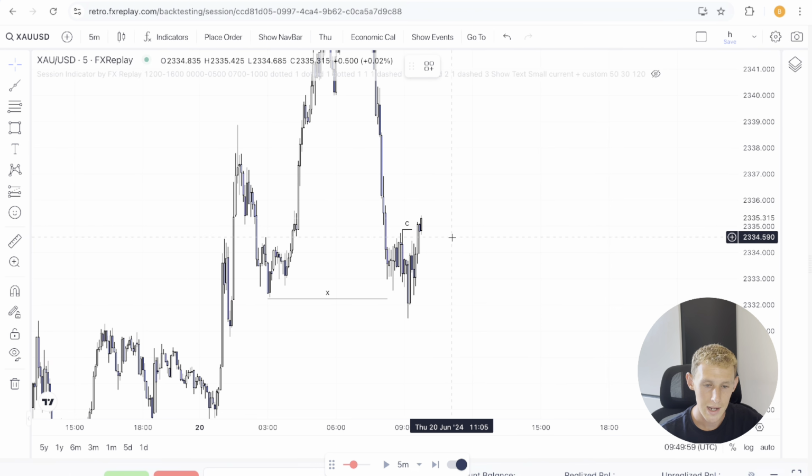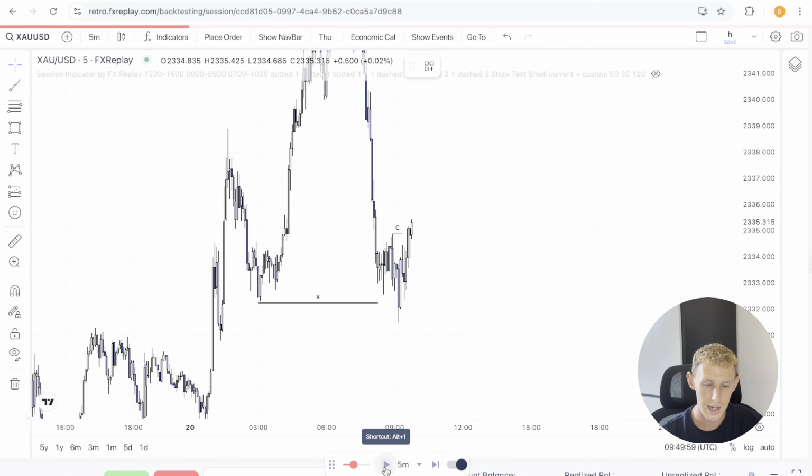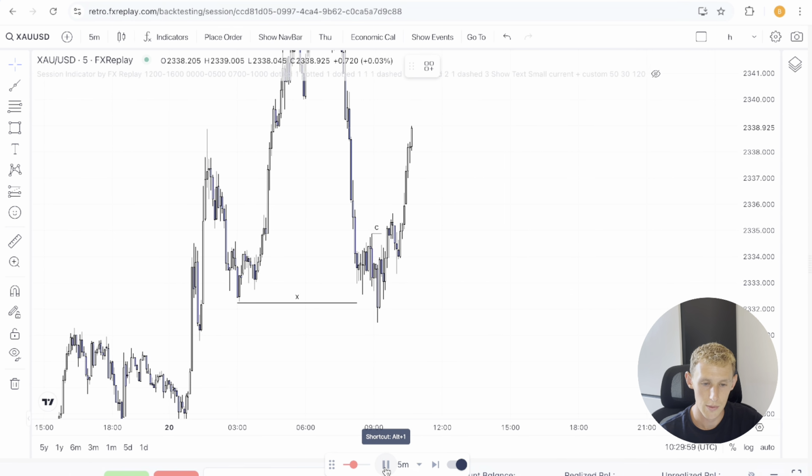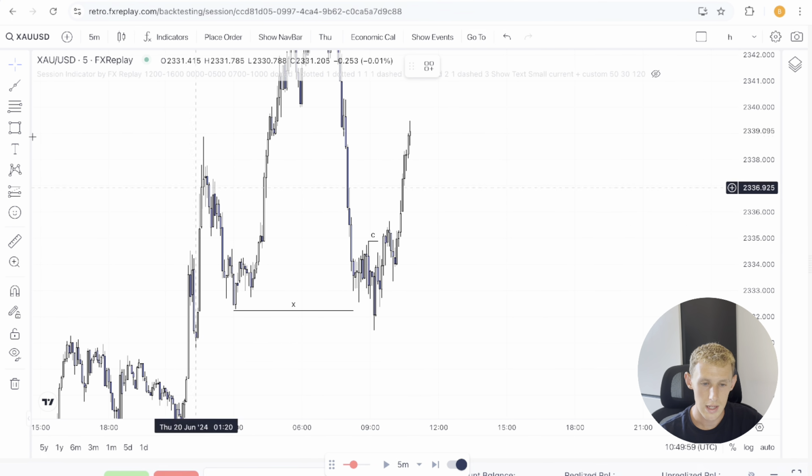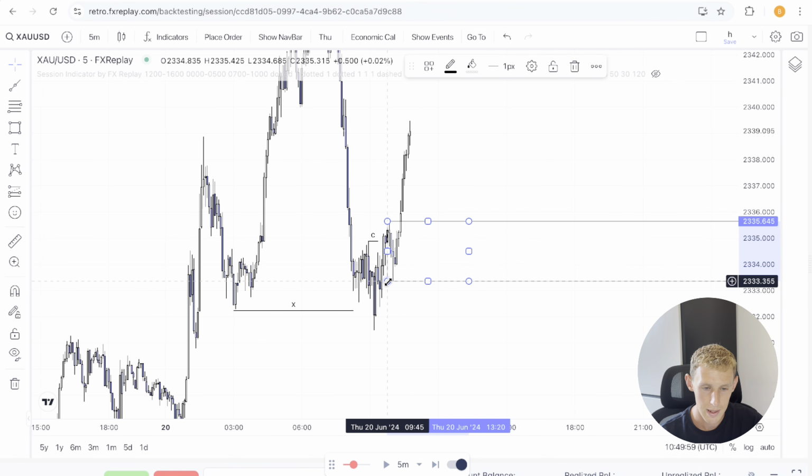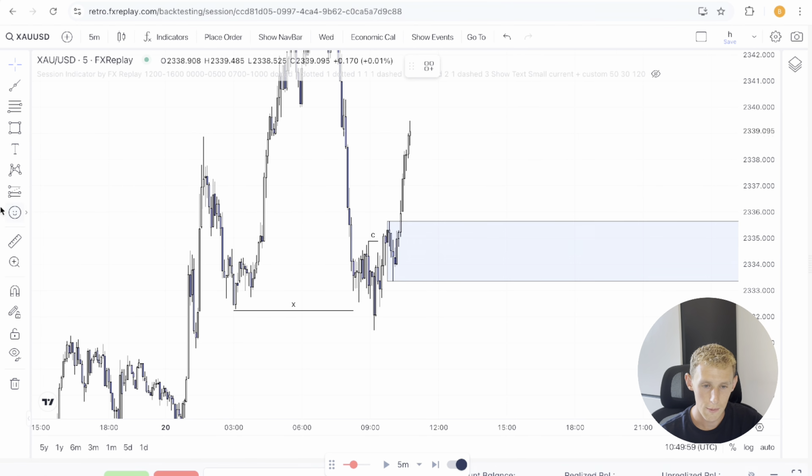There isn't any imbalance here yet, so this is not quite valid. I need to see some imbalance created first of all. Yeah, so exactly like that. Now we have imbalance, we have this area of demand, so this becomes a valid entry. If we set a limit on this area, stop slightly below,